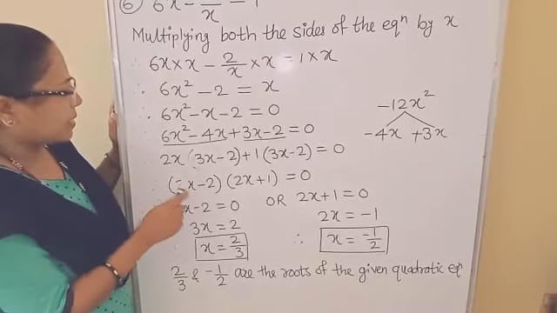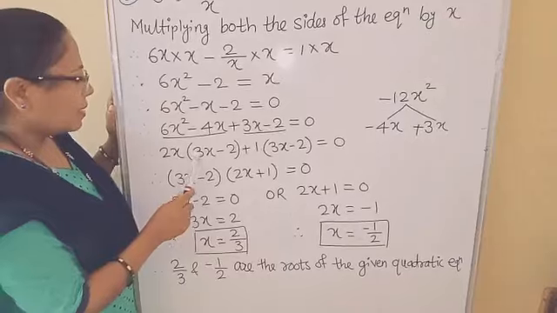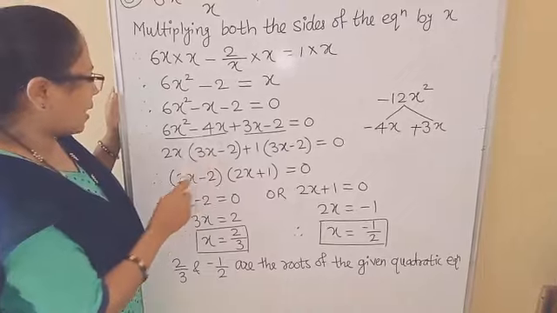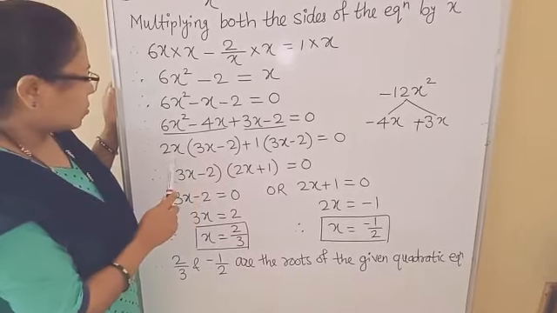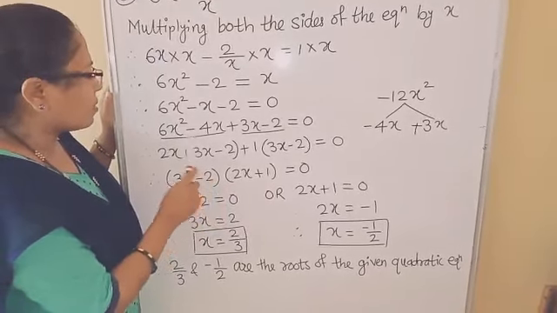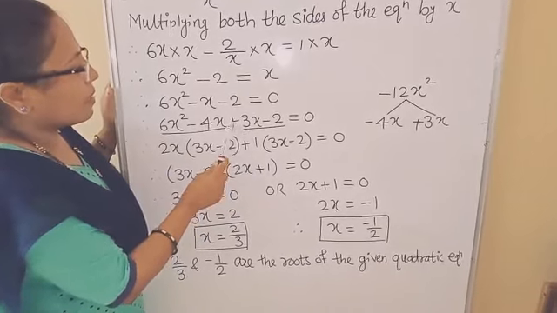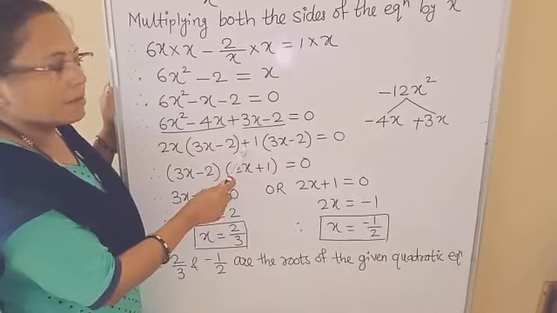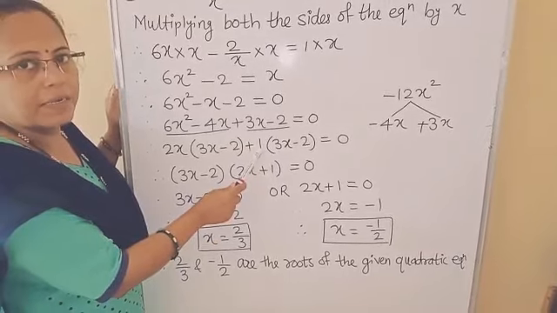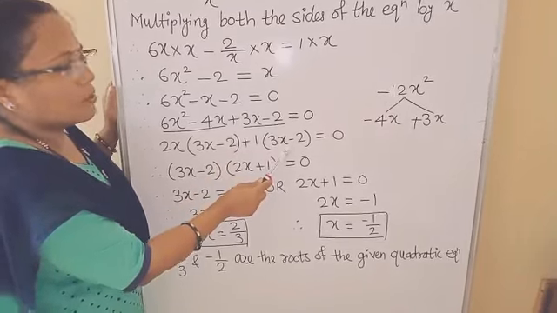Divide this 6 by 2, we will get 3. And x square divided by x, we will get x. So in bracket we will write 3x minus, divide this by 2x, we will get 2. So 2x into bracket 3x minus 2. These are the factors of this binomial. Okay. Now second binomial, first term is having plus sign. So here write plus sign. Now from 3x and minus 2, we have only 1 as a common factor. So write here 1, and in bracket we will get the factor 3x minus 2.